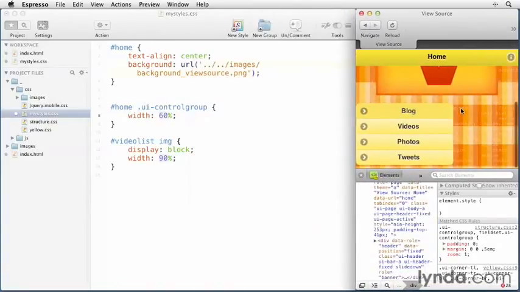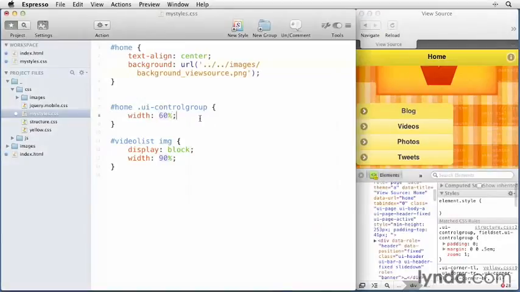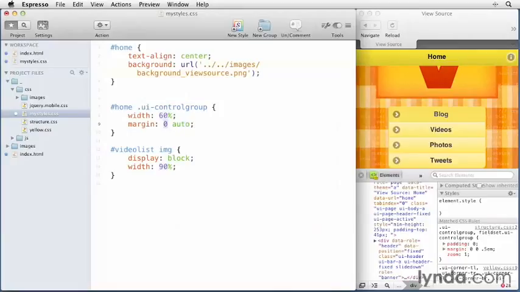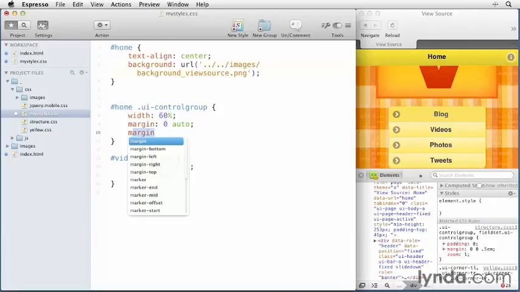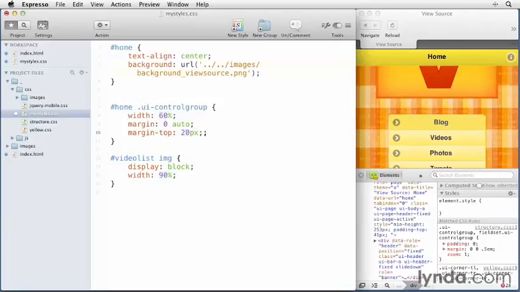But now I lost my centering, so I need to fix that. And I'll do that by using margin 0 auto. So vertically, the margin at the top and bottom are going to be 0. And then it's going to be an automatic margin on either side, which centers this image. I'm going to add a little bit more room to the top of my logo as well. So I'll do a margin top. And I want that margin top to be 20 pixels, just a little bit further down from the top of